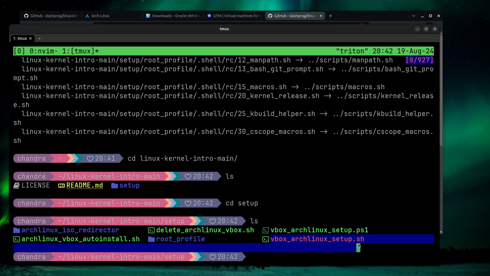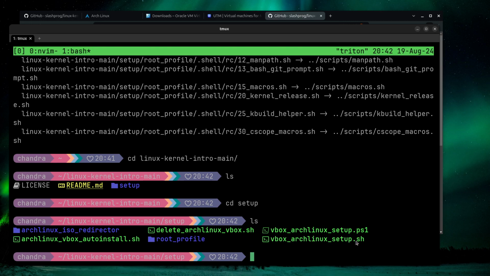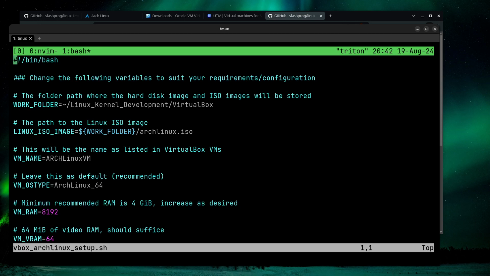VirtualBox arch-linux-setup.sh. This particular shell script that you see here, you can customize to your liking. There are certain default settings I've made. It's going to create a folder called Linux Kernel Development/VirtualBox in your home directory, which is where the Linux